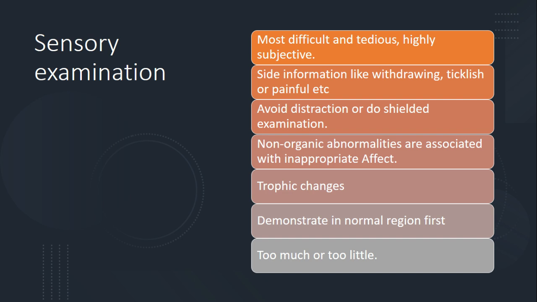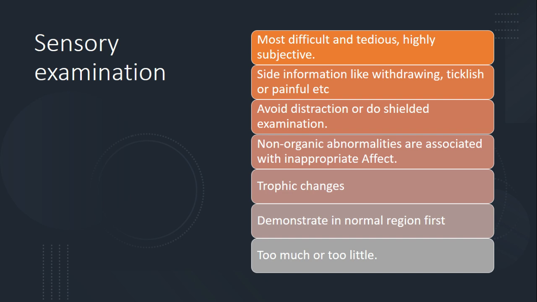So the patient has to be comfortable in a quiet room. If you want to lay down the patient, that should be okay. Sometimes I like to examine my patient lying down for the more detailed assessment, especially in case of patchy paresthesia. Having some side information, like if you do the pinprick exam and the patient withdraws, that also gives you a clue that the patient felt the pain. Was the patient ticklish when you were doing the Babinski sign, could be helpful as well. So all these can give you some side information in terms of sensory examination.